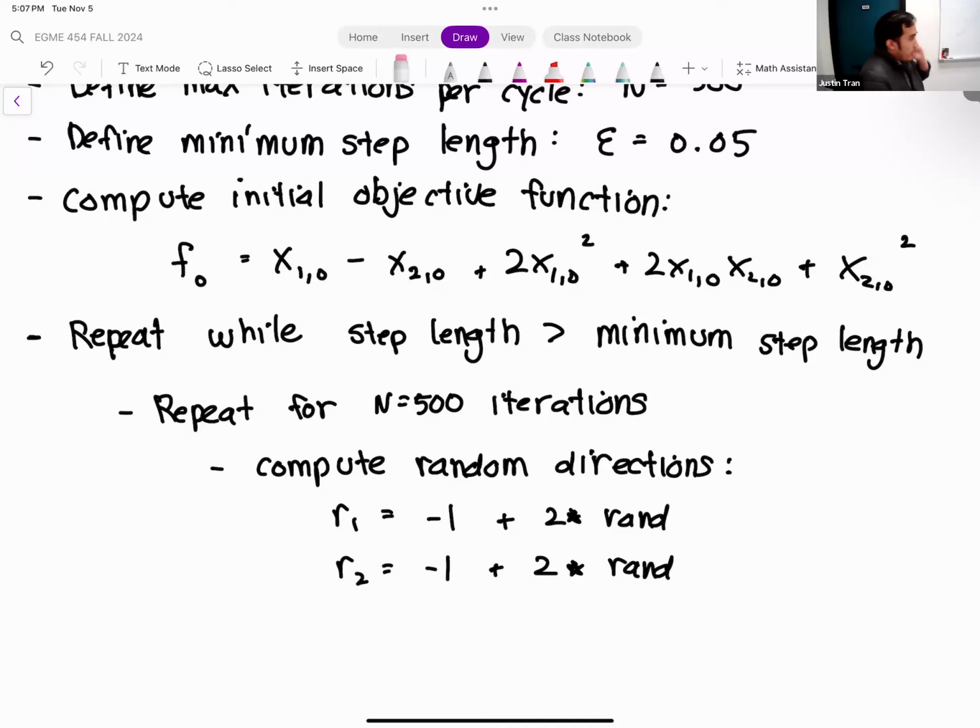And then under there, we computed our random directions, R1, R2, and so on and so forth.